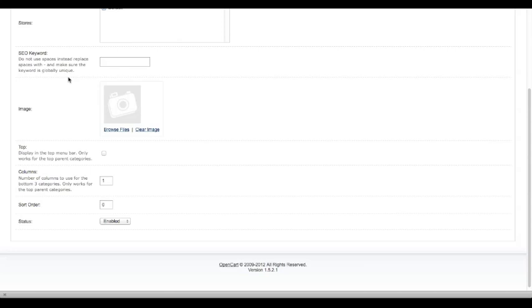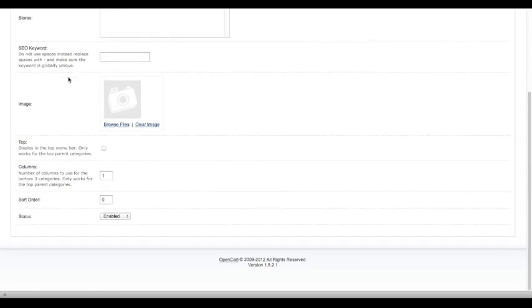The two rules to SEO keywords are to separate multiple words by hyphens and make sure that upon filling this out that no category or product ever have the same SEO keyword. Reason being, once you get your store live and running, we can turn on the option called SEO URLs. These URLs or links are created depending on the SEO keyword field. If two products have the same SEO keyword, they will have the same URL. This will cause conflict when someone goes to a URL that is the same for more than one product, and your online store will not know which product to display.